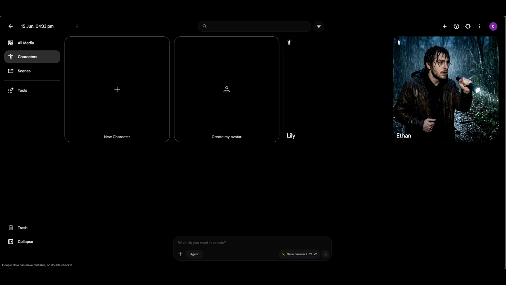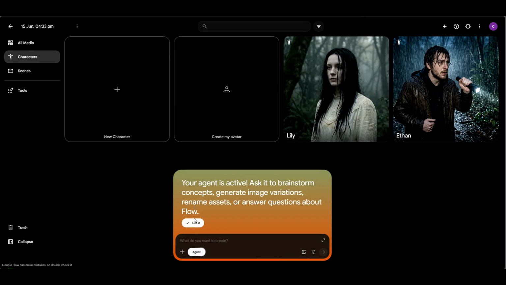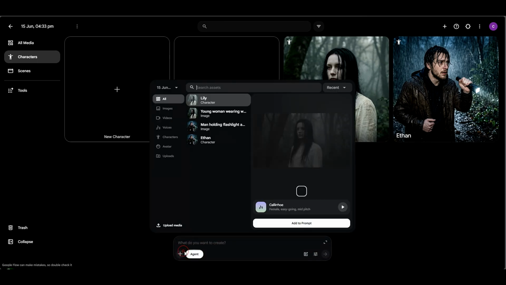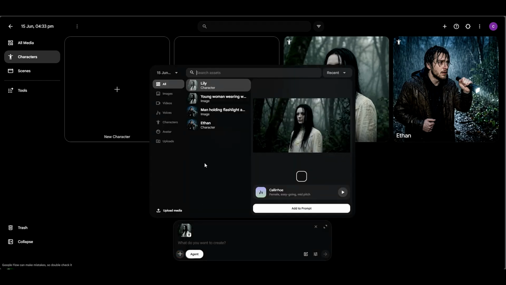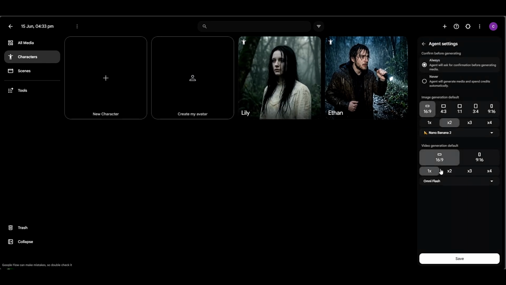Earlier, we also used to generate videos one by one, but now a new feature has come in Google Flow called Agent Mode. In Agent Mode, you will not need to write a separate prompt for each scene. You just paste your story and full script and upload the characters and your complete video will be ready. So for this, simply click on Agent Mode here and it will get activated. And after that, click on the plus icon and we'll add both characters to the prompt and select them. And going into its settings, we'll save our settings, like in which aspect ratio you want to make the video, you'll select that. Also, we'll generate the video in Omni Flash only.